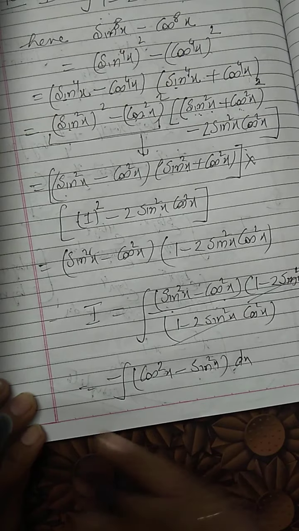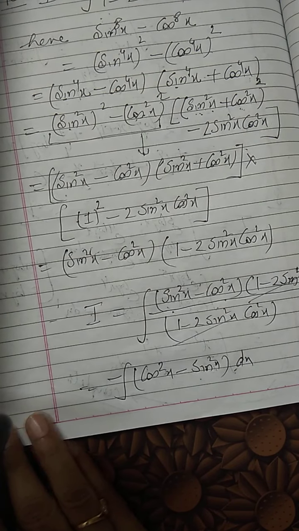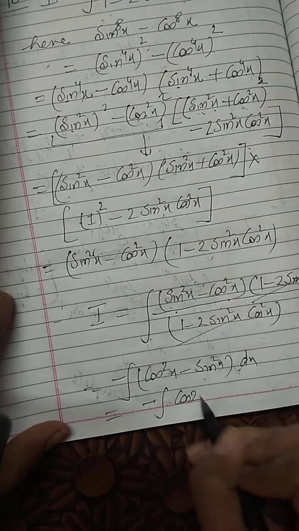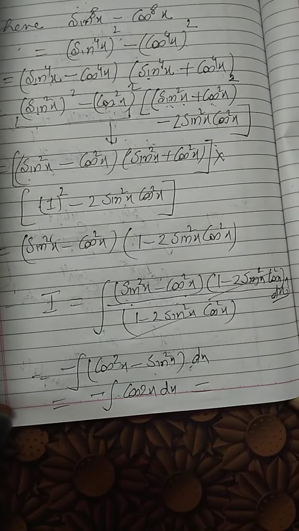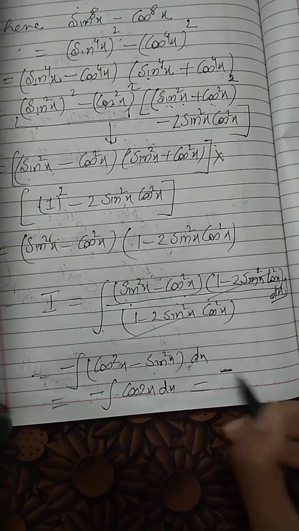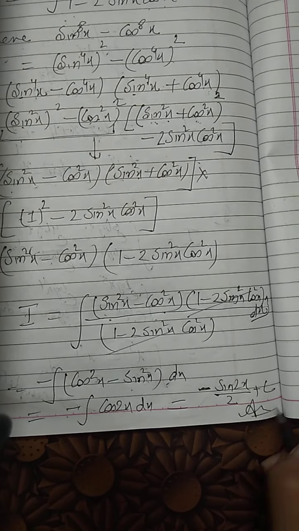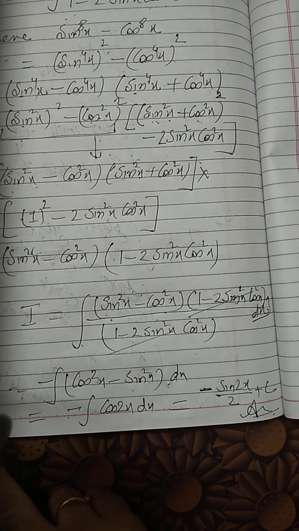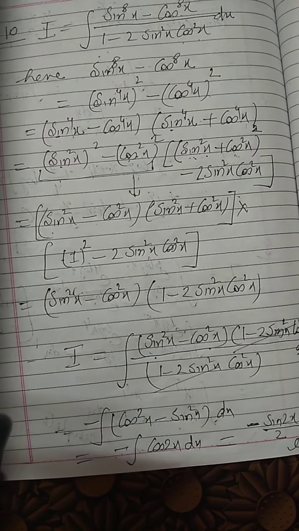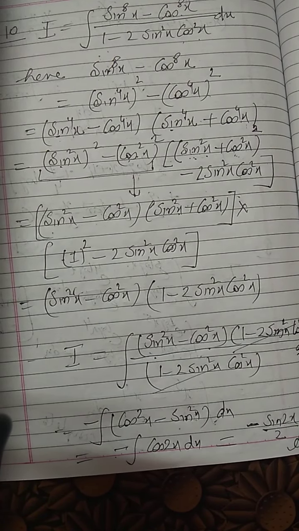And we know the formula for cos square x minus sin square x, it is cos 2x, and we know how to integrate cos 2x. So this will become, let me write down here itself, cos 2x dx, and the integral of cos 2x is sin 2x. So this minus sign coming as such, it will be minus sin 2x divided by 2 plus constant. This will be our answer. Right? I hope it is clear. We have applied the formulas in the numerator first to simplify, and the terms are getting cancelled, and our integrand has become very, very simple at the end.